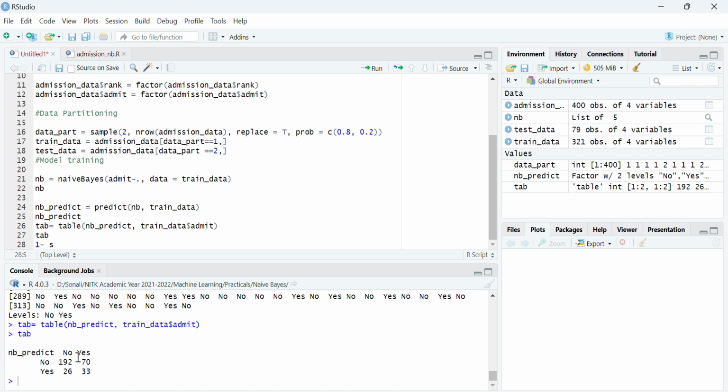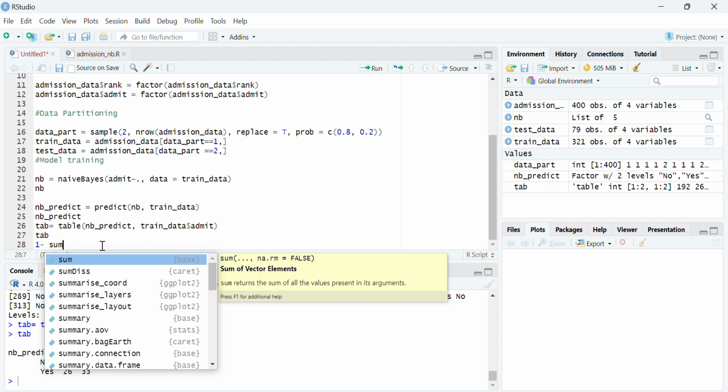So how many are correctly classified? See, 192 plus 33 are correctly classified, among all the data. All the data means 192 plus 70 plus 26 plus 33. So you want to compute the diagonal divided by the total elements, right?